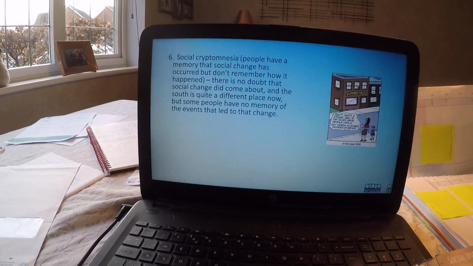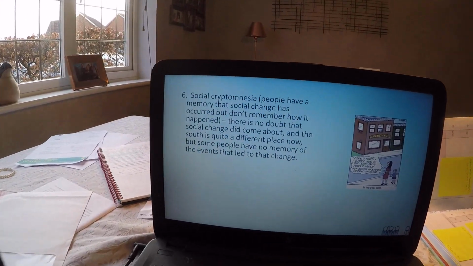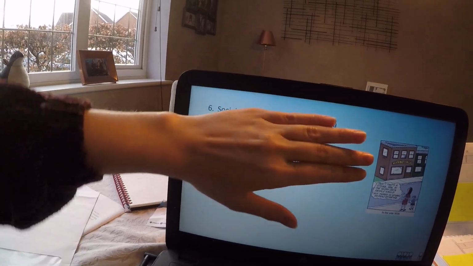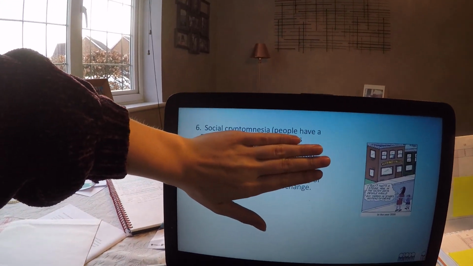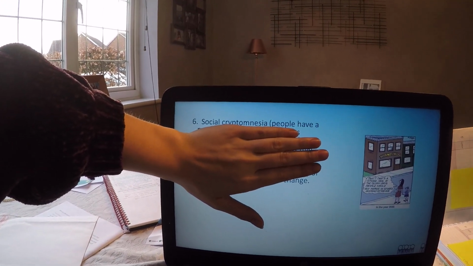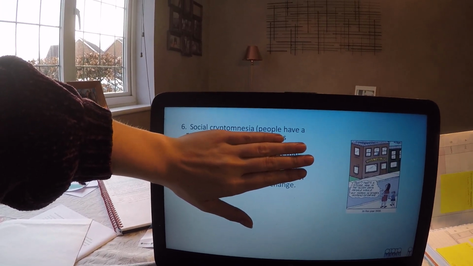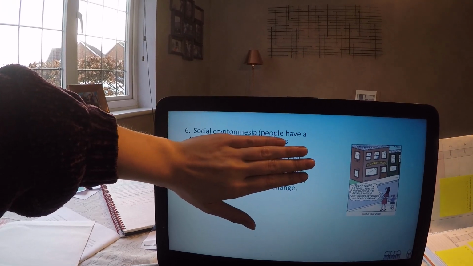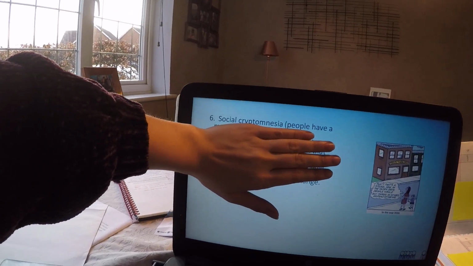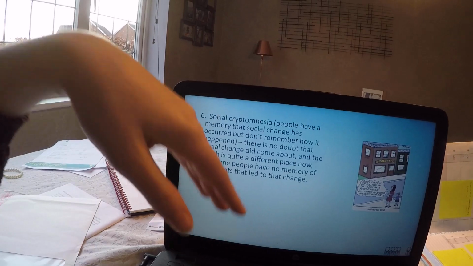And lastly, social cryptomnesia. I want you to think about this word first, so I'm just going to cover that. Mnesia. What does that sound like? Try and think of root words, other words that may mean similar things. Hopefully you're thinking of amnesia, in which